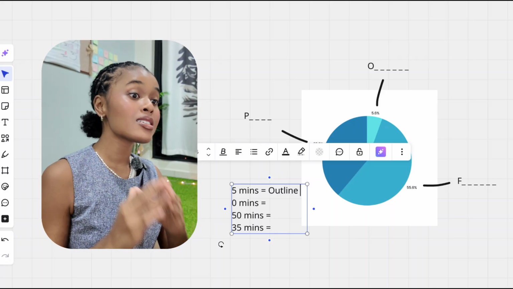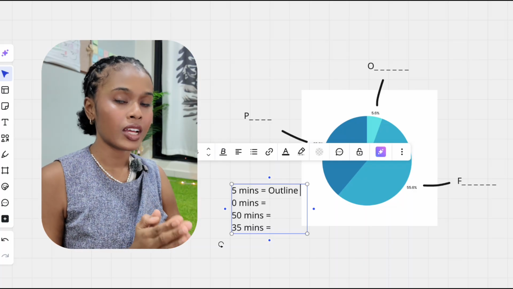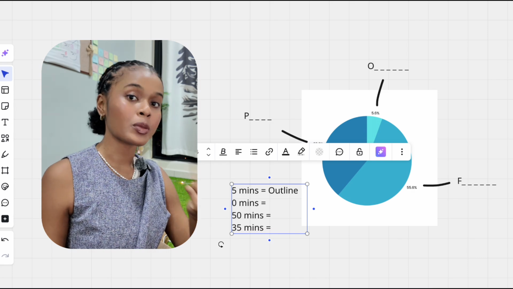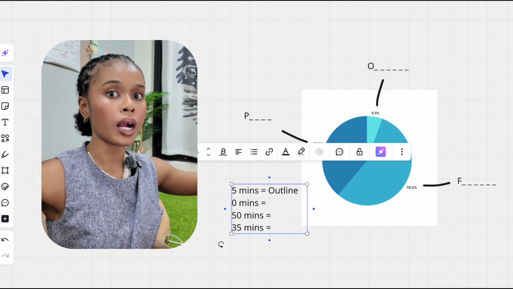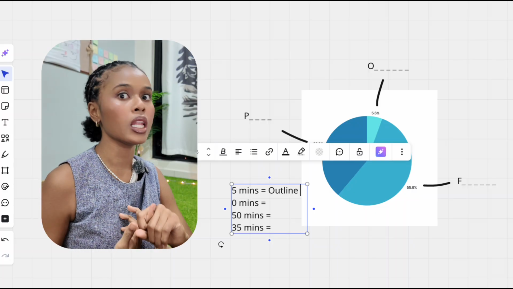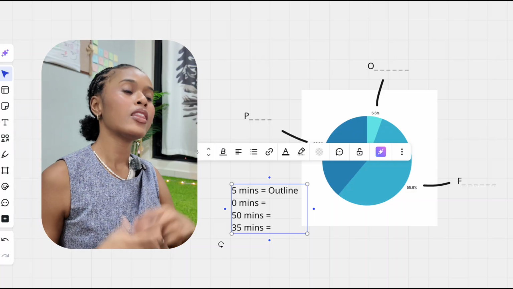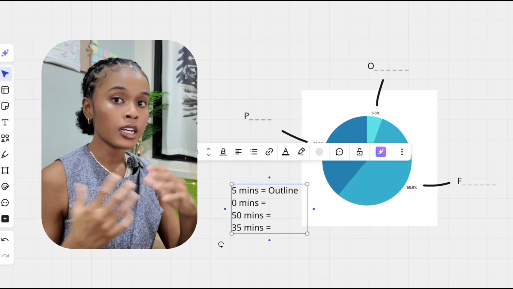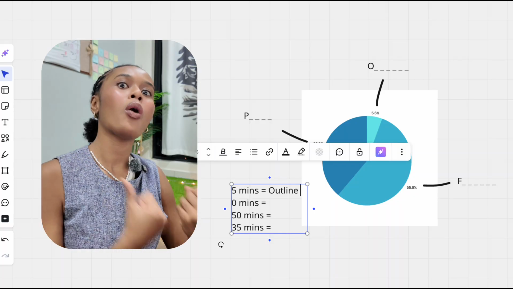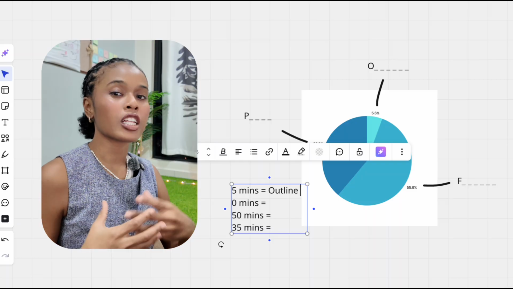Now, why this is so effective is because you want to think of it like the live stream effect. Right now, the type of long form content that is blowing up off the roof is live streams. Not only because people love authentic content, they love that raw and that real, mostly in the age where AI is on the rise. People are just so over-scripted, over-curated. People want that authenticity. They want that raw, real, right? So you want to think of this like the live stream effect.